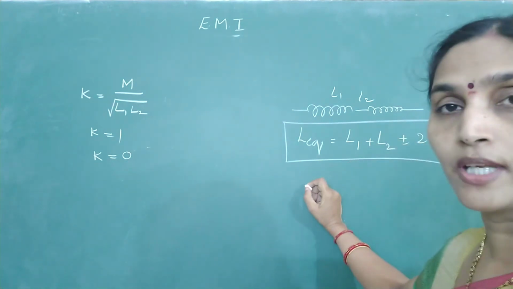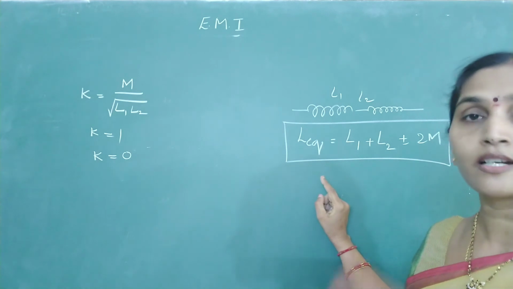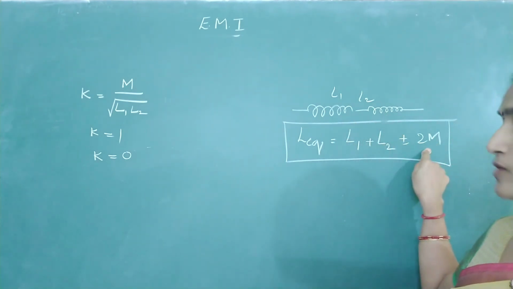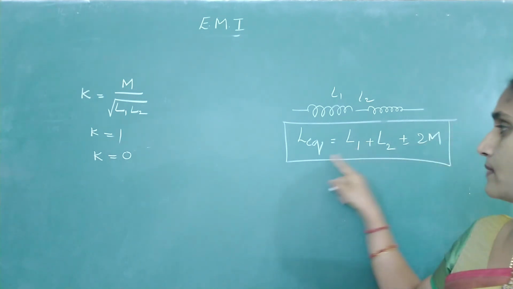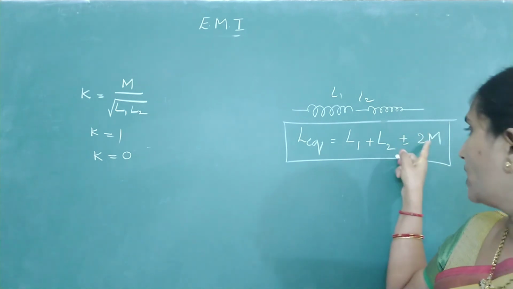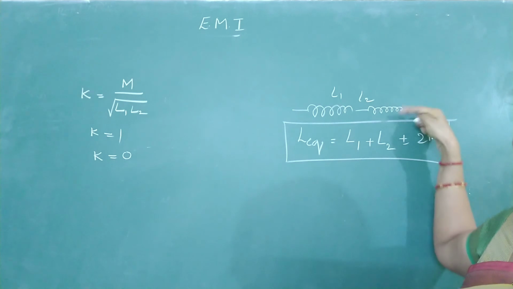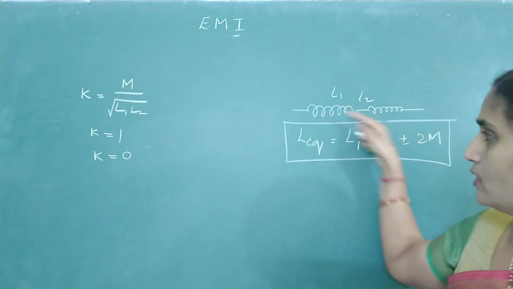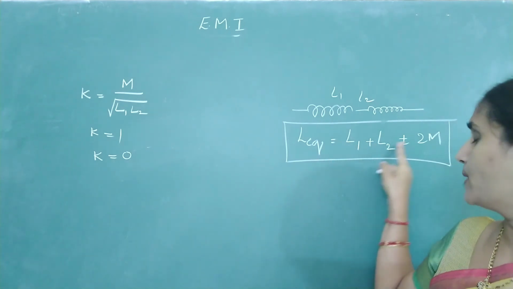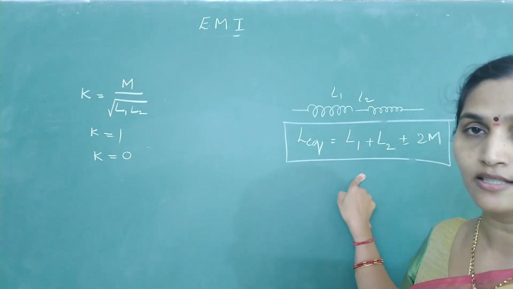For the series and parallel combination of inductors, I am not going to show you the derivation. Remember the formulas. If two inductors are in series and completely coupled with a mutual inductance capital M between them, then L equivalent is L1 plus L2 plus or minus 2M. If M is 0, you can remove it. You will use a plus sign if the current is in the same direction. If the current in the second coil is opposite to the direction of current in the first, then it will be L1 plus L2 minus 2M. So make use of this relation for inductors in series.